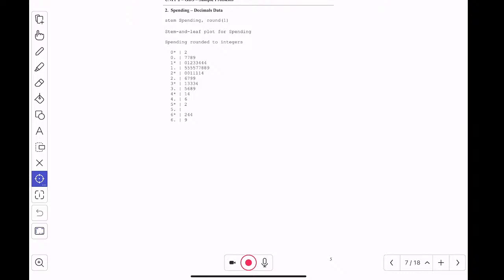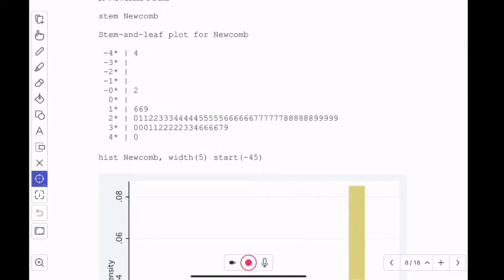So this is the data that is put into a stem and leaf plot for Newcomb's data. And what you see is most of the data is in the 20s. This is really the greatest peak, the only peak, the center of the only peak. But then there are some observations over here that are far away. In fact, it turns out that these are outliers if you test them.